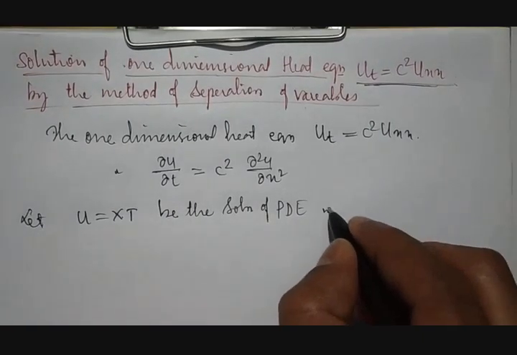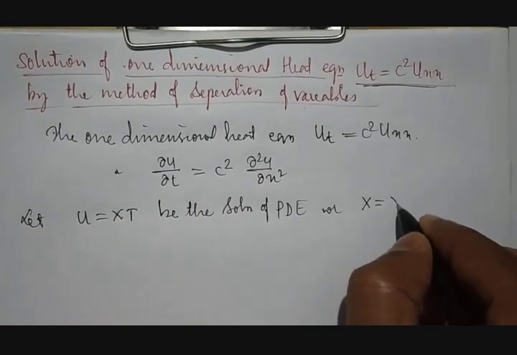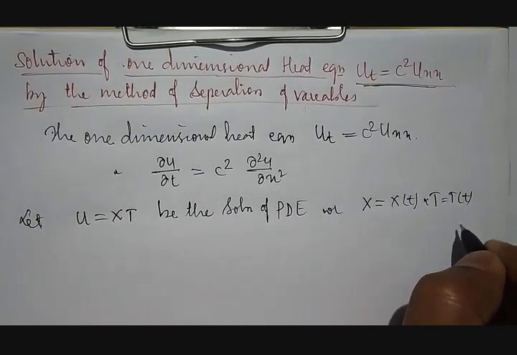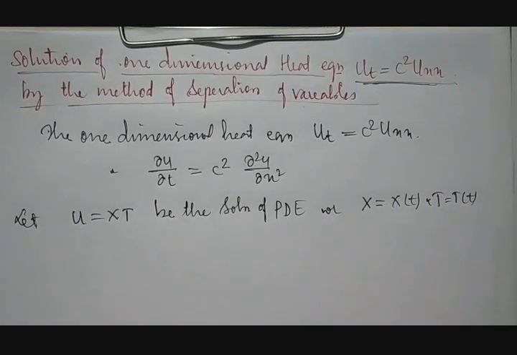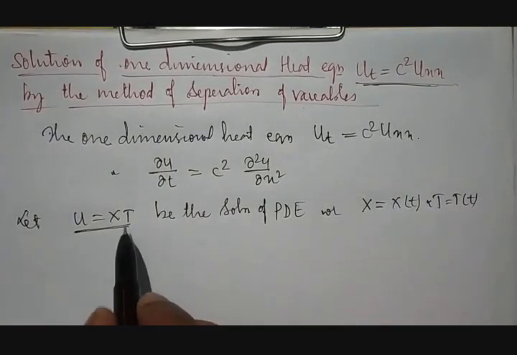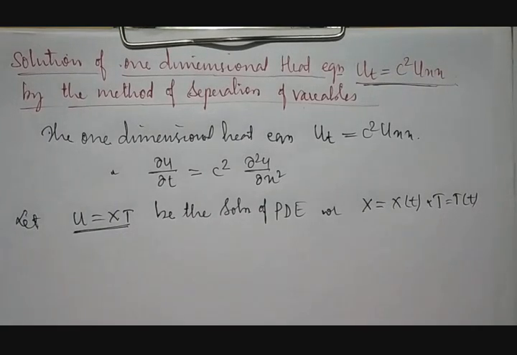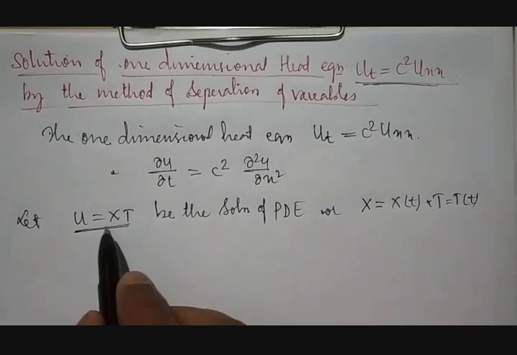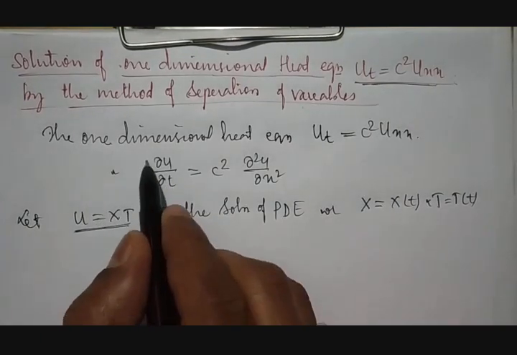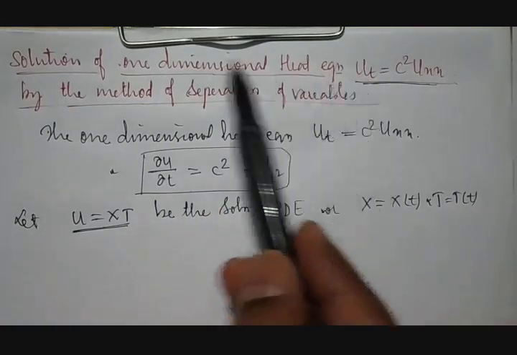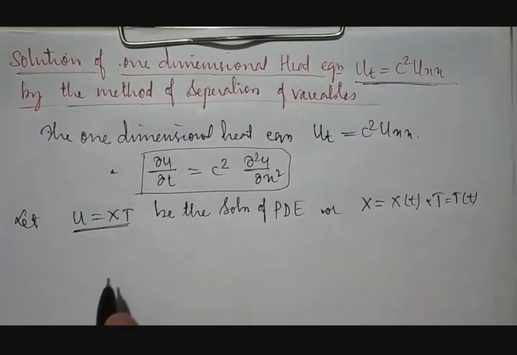Fine. Where X = X(x) and T = T(t). That is nothing but the variables, but the overall solution will come from u = X T. That will be the solution of the partial differential equation. Therefore, if you take this concept here, u is this. If you put it in this format of equation, which is already derived and is also known as the one-dimensional heat equation, then what happens?